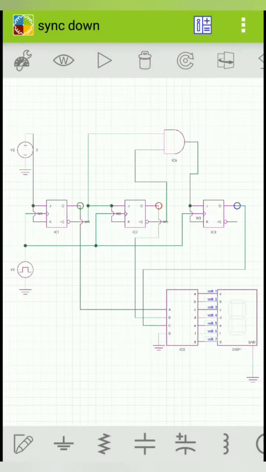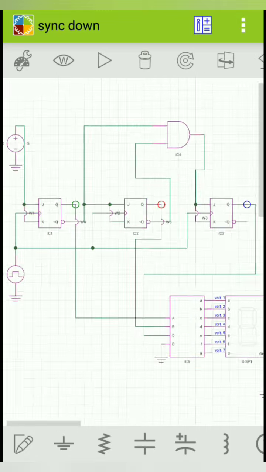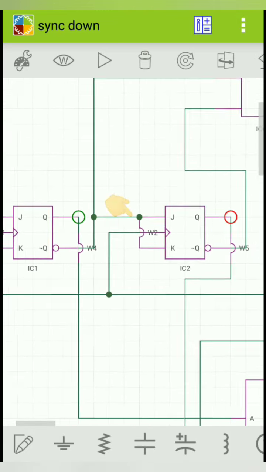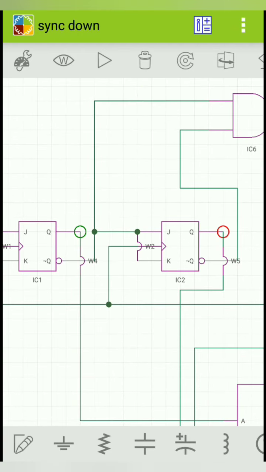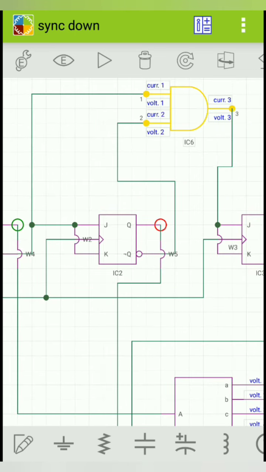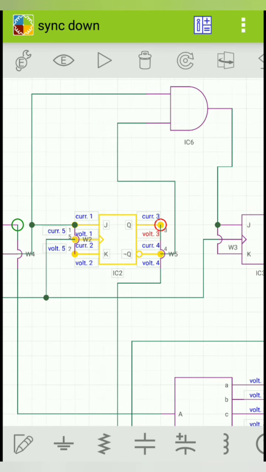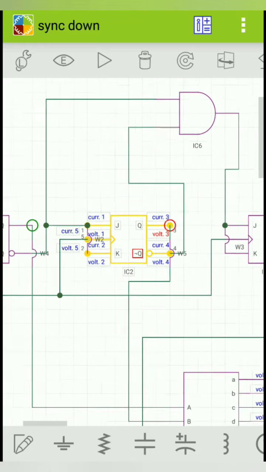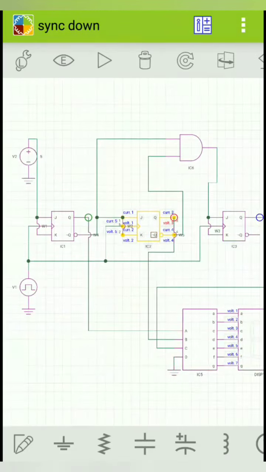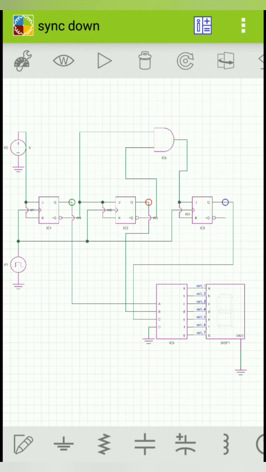So you can see the 3-bit synchronous down counter. The circuit is almost similar, with a small change. Here if you notice, the second stage flip-flop input and the AND gate input are given from Q bar. You can see the next input for the AND gate is also from Q bar. This is the only small change between the up counter and the down counter, and other things are the same. Now let's see the output of the synchronous down counter.